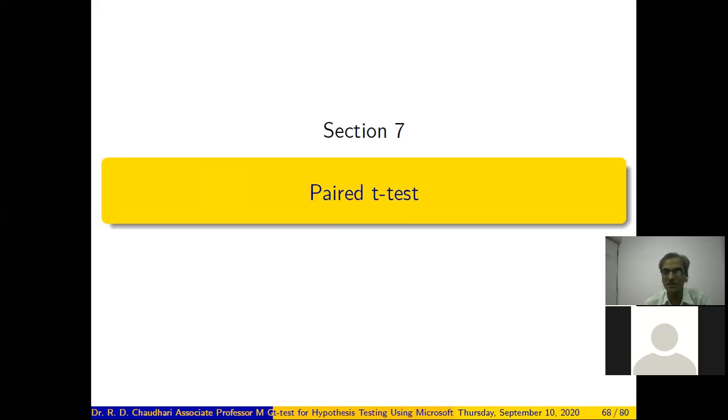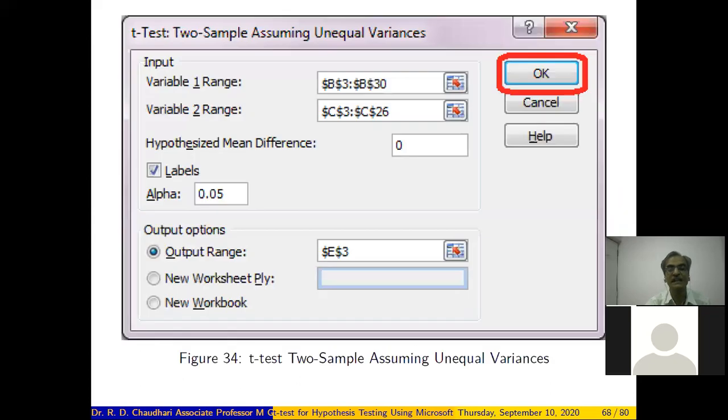The two sample t-test, whether it is equal variances or unequal variances, is used when the two samples are independently selected, right? So what does independently selected mean? Let us see the data.